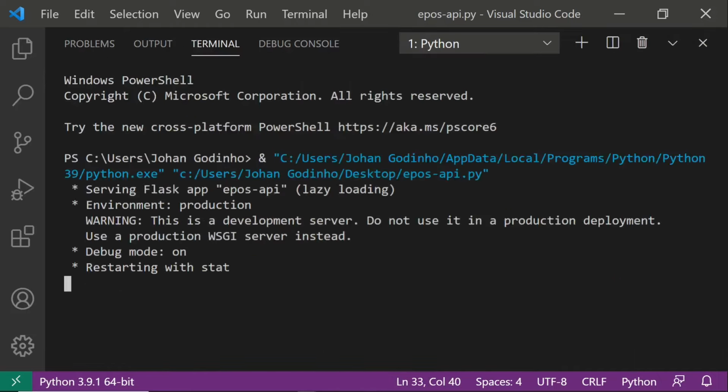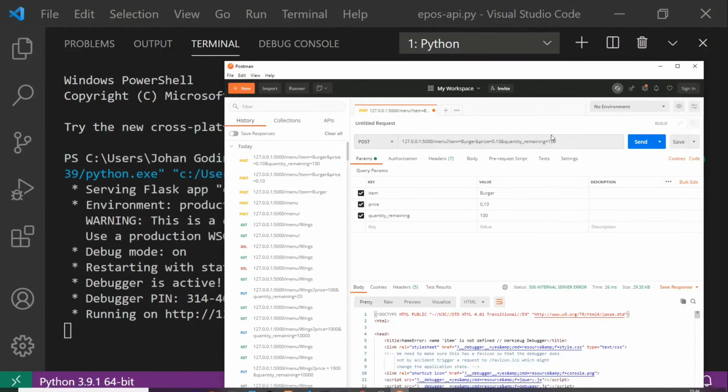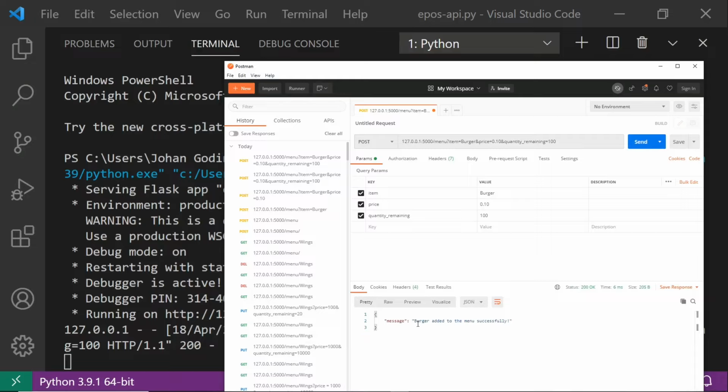So let's run that again. That was very silly of me. We can basically just run the same query again. So run that again, and it says burger added successfully to the menu. Now the only way to verify this would be to do a get request under the menu, and we can,